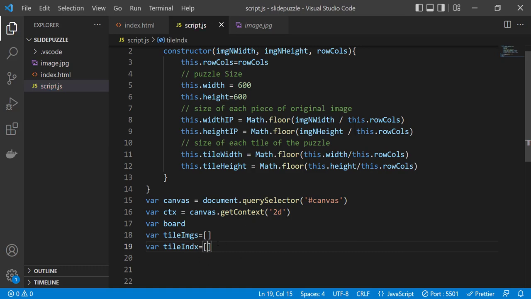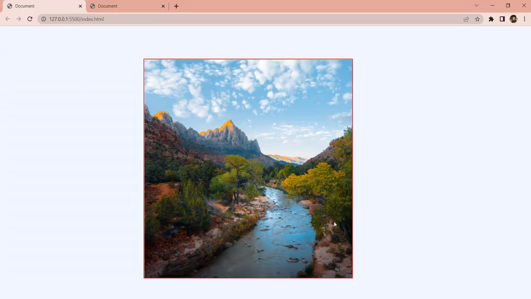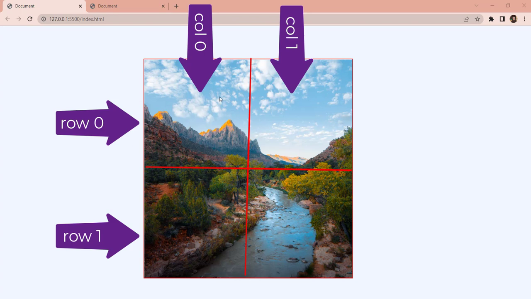So how is this going to work? Let me take you to the demo project. So this is the whole picture. Now suppose we want to break this image into a 2 by 2 puzzle, that means in total 4 pieces. So 2 rows and 2 columns. So this piece, the first piece, the top left piece is actually in row 0 and column 0. The bottom left piece is in row 0 and column 1. Likewise, the top right piece is in row 0, column 1, and the bottom right piece is in row 1,